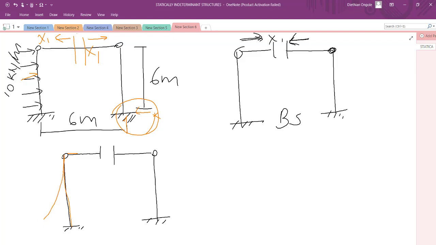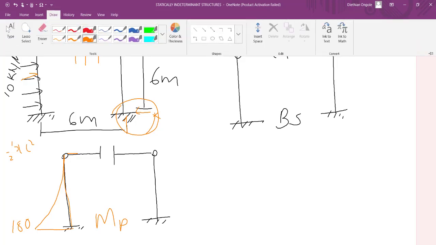So the maximum value of it would be at this base, with a value of what? With a value of a half qL squared. So our q is 10 and our L is 6. Then 6 squared is 36, divided by 2, that is 18. So this becomes 180 kilonewton meters. So this is what we are calling the MP. Then we come and draw the other drawing, that is the